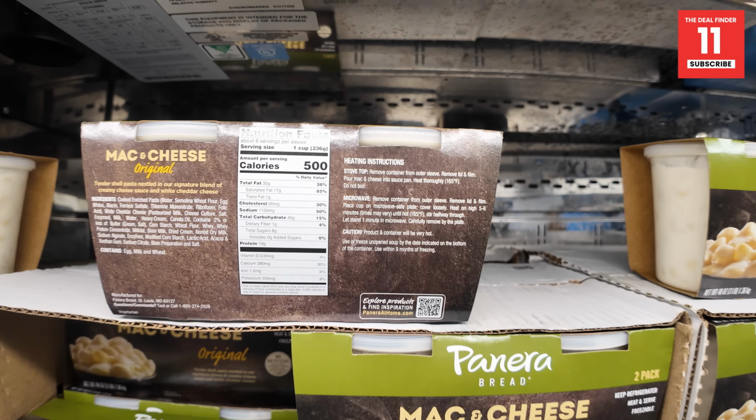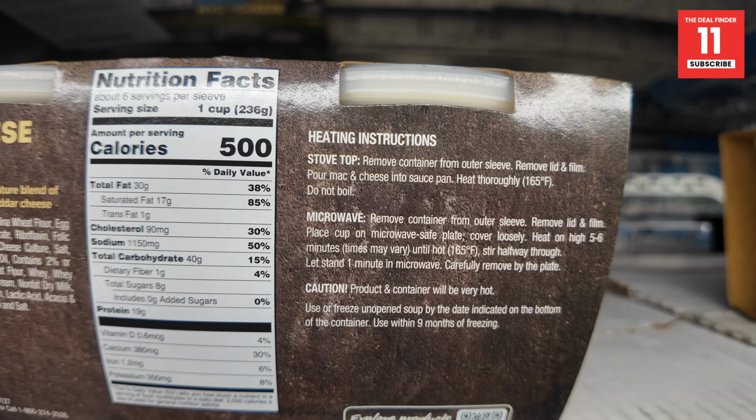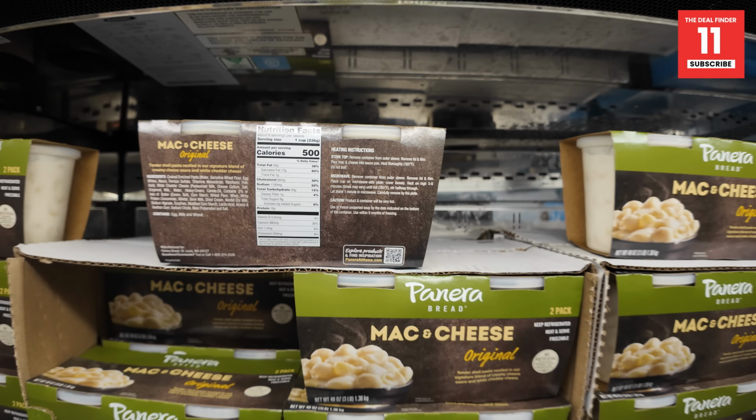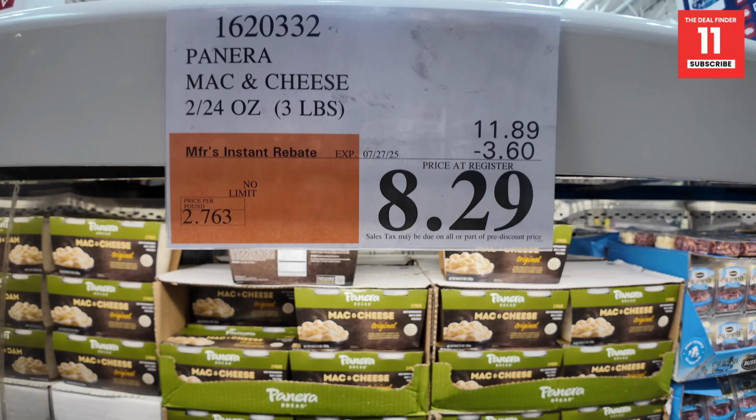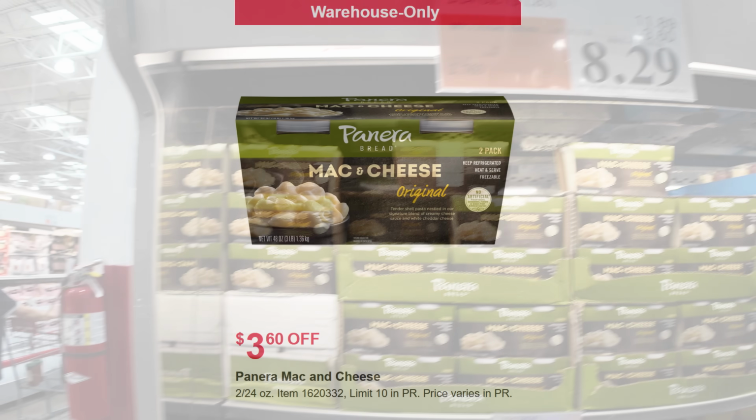Has 30 grams of fat as well, 500 calories per serving. It does have 40 grams of carbs and 19 grams of protein. But check out the sodium content on this one. A lot of people ask me for the sodium content, and here it is. $3.60 off the price,